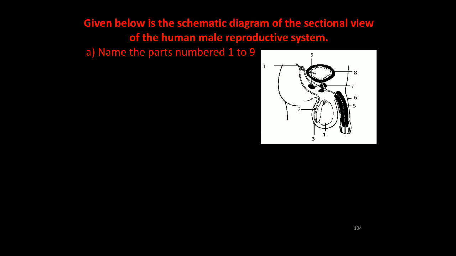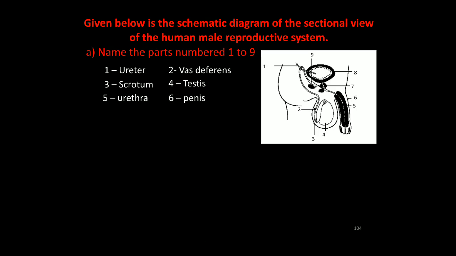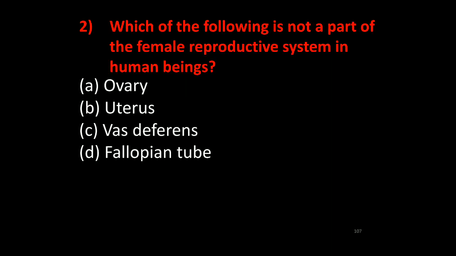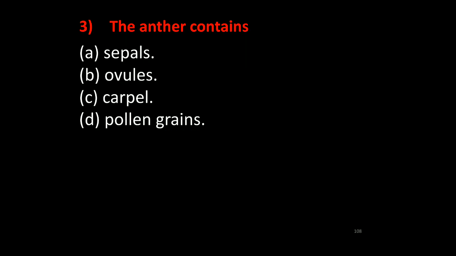Uterus. Given below is a schematic section, name the parts 1 to 9. See: ureter, vas deferens, scrotum, testes, urethra, penis, prostate gland, bladder, and seminal vesicle. MCQ now. Asexual reproduction takes place through budding in yeast. Which of the following is not part of the female reproductive system in human beings? Vas deferens. The anther contains pollen grains. And so with this we completed the lesson on sexual reproduction,